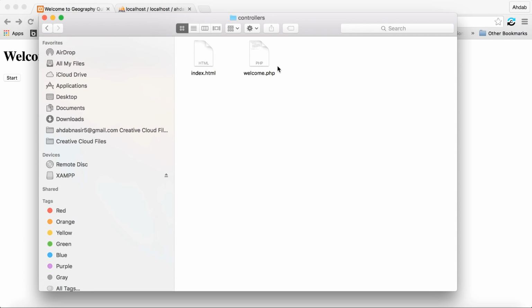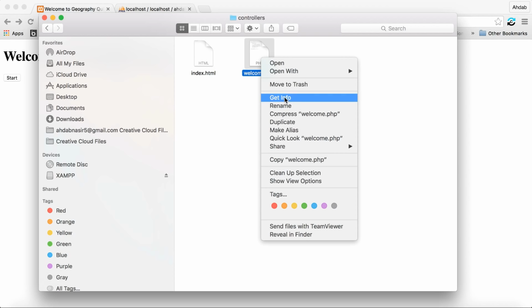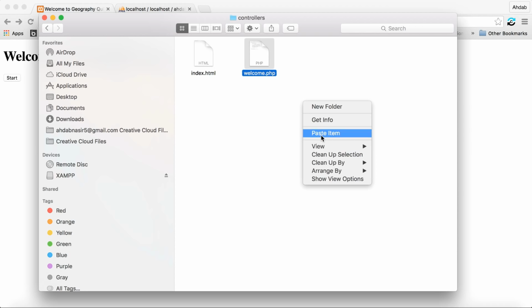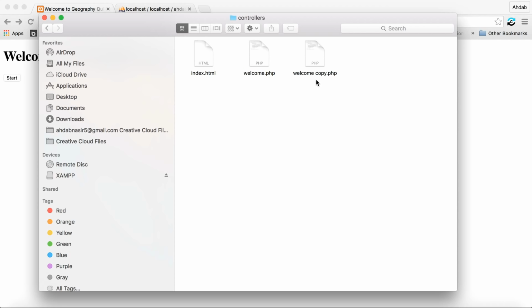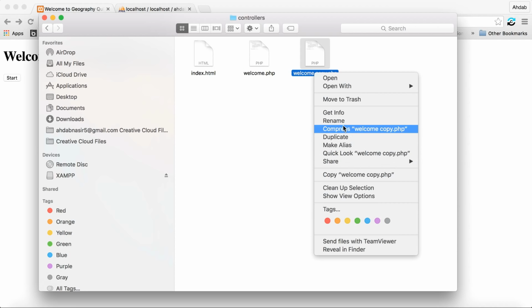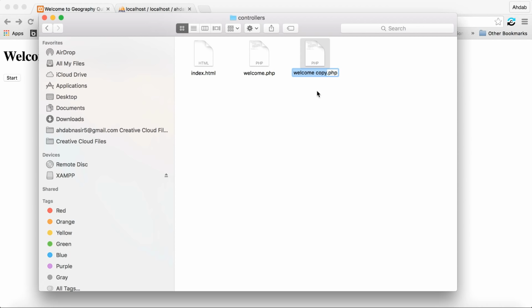So now I'm going to copy, and paste this here. Okay. So we named it questions, we're going to name it questions, just like we named it in the view. So now when I open it,